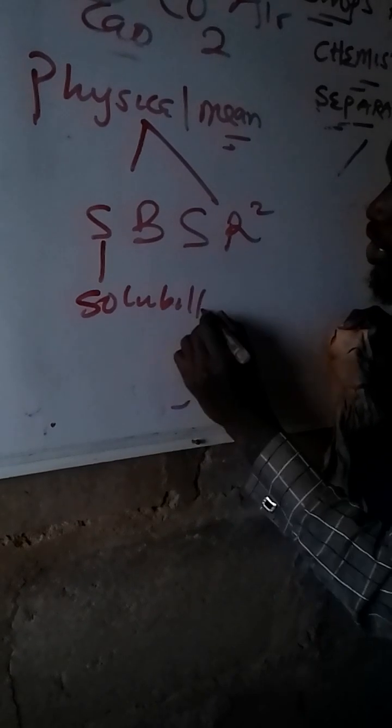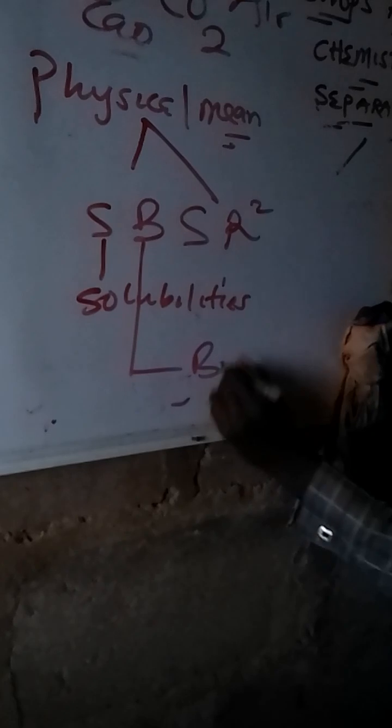Is it decantation that is fit for that? Filtration, fractional distillation, chromatography, sieving, and many more, or sublimation. You have to check the solubility. So JAMB can ask you what the physical means are that each constituent depends on. Just know that it is SBSR squared. S stands for solubility. What follows? B stands for boiling point,